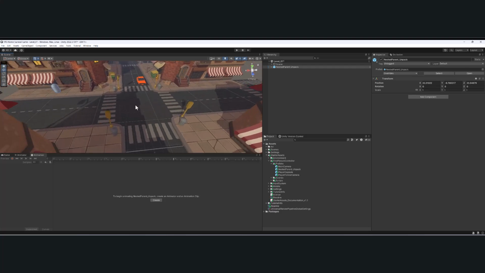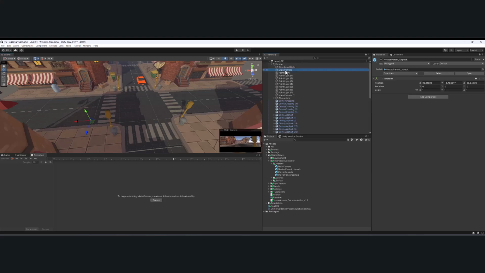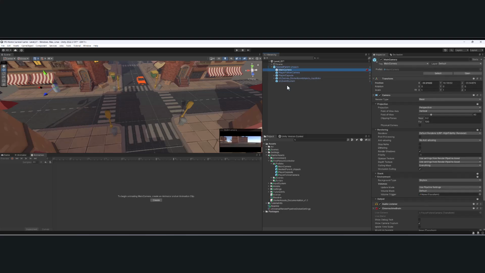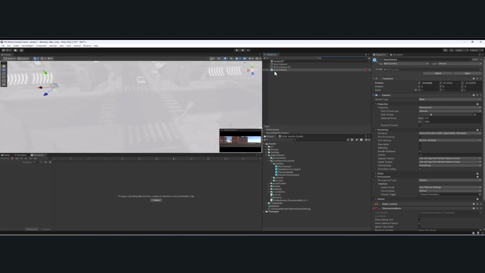The next thing is I want to place my character in the center here, but my scene itself has a lot of different main cameras. And this unpack here comes with a main camera and all of the scripts you need to create a first-person controller. So I'm going to expand my scene here, and I'm just going to type in main. And you can see here that we have a few main